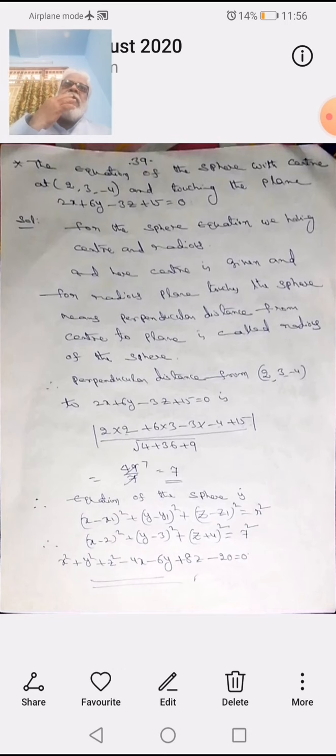And what is a tangent plane? Tangent plane means, suppose a plane touches the sphere at one single point. That is called the point of contact, the tangent is called tangent, and the plane is called the tangent plane. You see one example here.